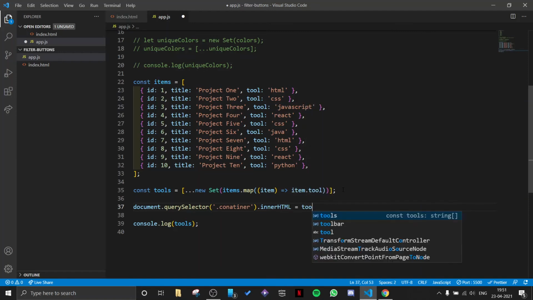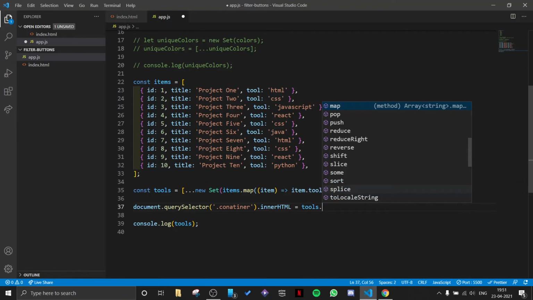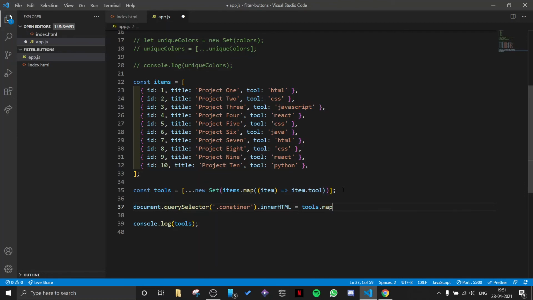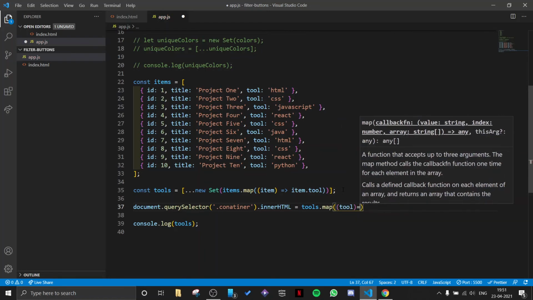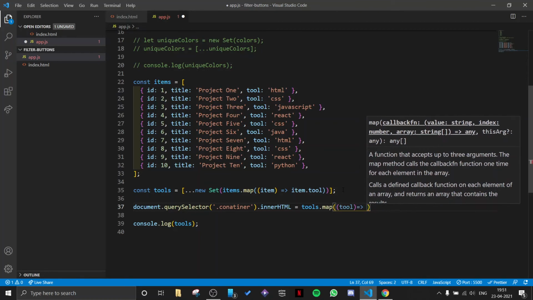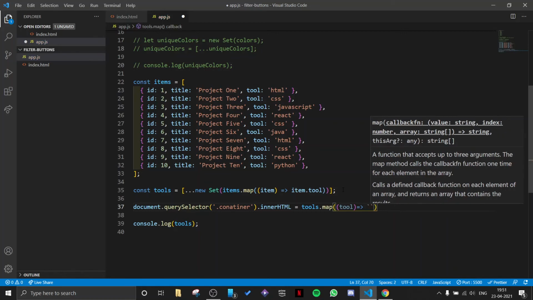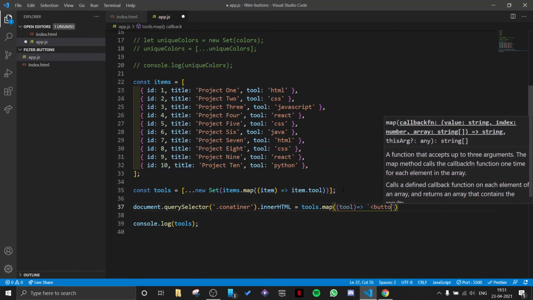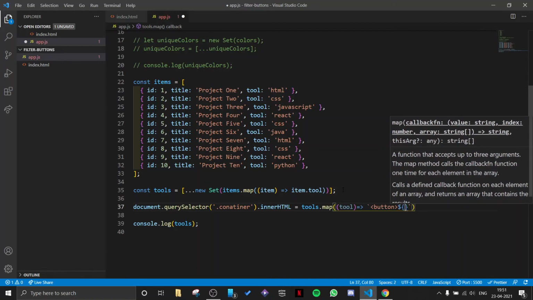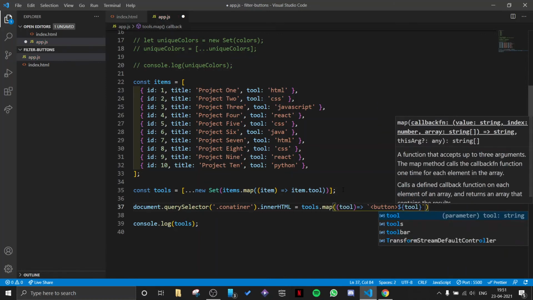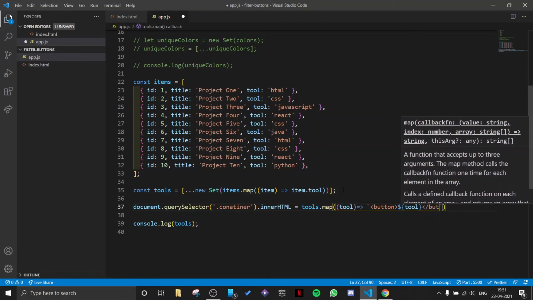And now again we will loop over our tools array using map, and for each of the tool what we want to do is return a button. And here I will use template string because we want to use HTML tag inside JavaScript, and we also need a variable. So let's put our template literal here, tool, and close the button.